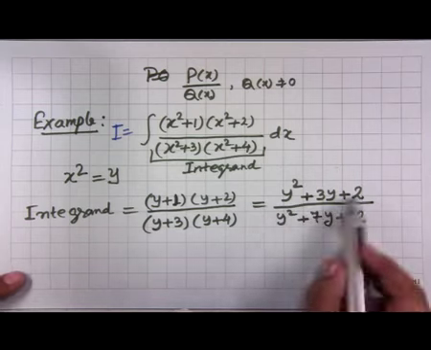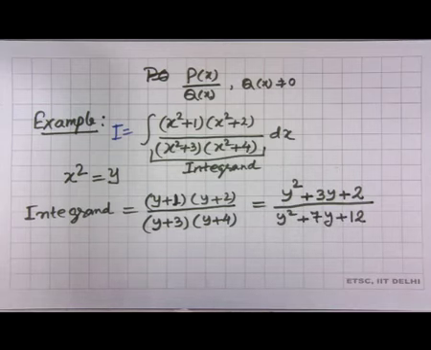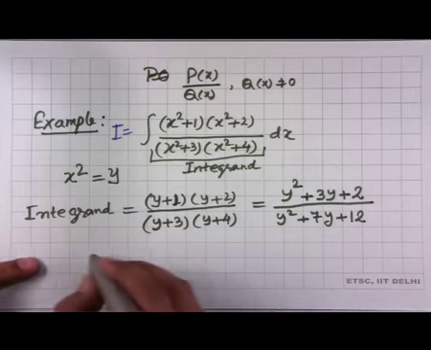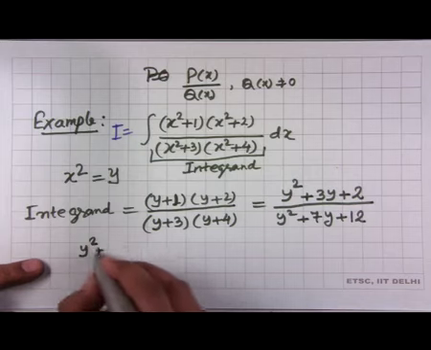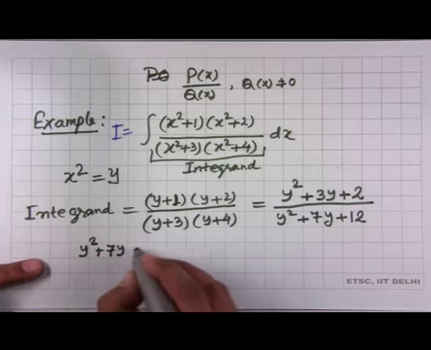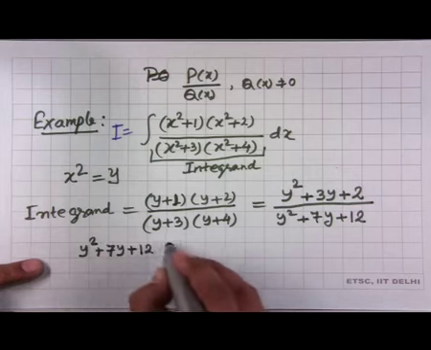So, both the numerator and denominator have the same degree, and therefore we have to go for the long division. So, let us divide y square plus 7y plus 12